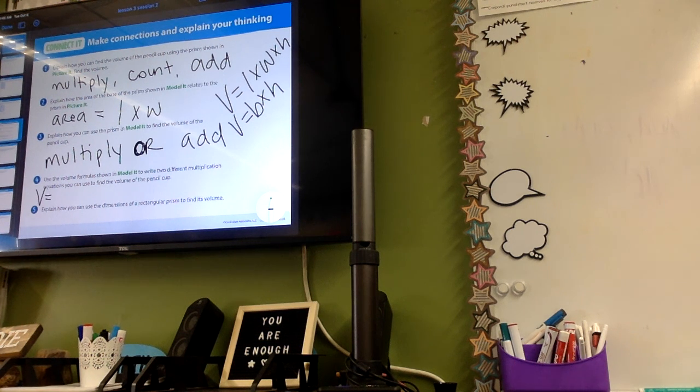What is our length? 3. Length means how long, okay? So length is 3. What is our width? 2. What is our height? 5. We still get 30, right? Okay. Our other one